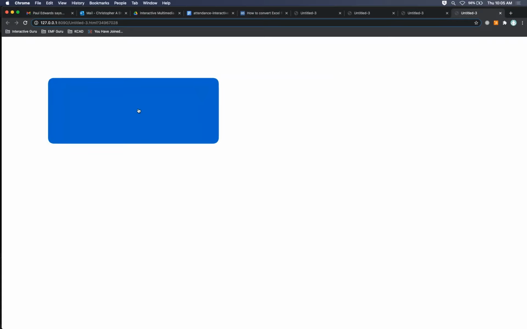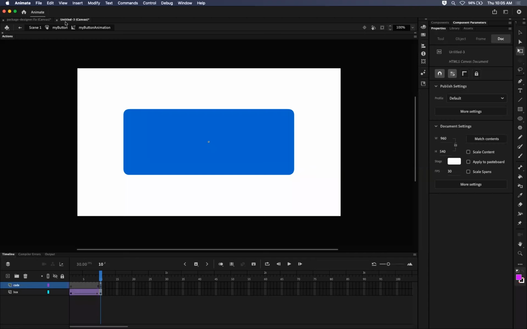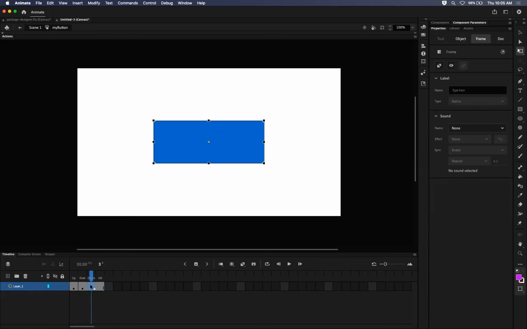Oops. So run it in the browser, and there we go. Now I have an animated rollover like that. And I could, if I wanted, have a different animation on the downstate. I could have 3 separate movie clips. I could have a movie clip that's blinking colors on the upstate. I could have a movie clip that grows when I roll over it on the overstate. And then I could have a movie clip that fades out or shrinks or does something totally different